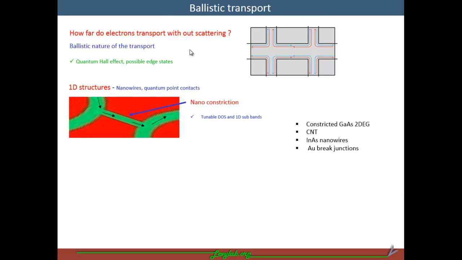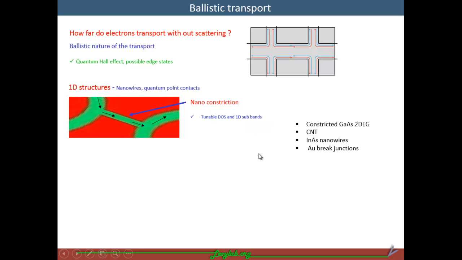So we are further interested in understanding the ballistic nature in these quasi one-dimensional structures. We believe this is very important to understand or realize some of the topological phases such as quantum Hall effect and edge states in these LAO/STO nanowire devices. To realize this ballistic transport, all we need is a nano constriction in the form of nanowires or quantum point contacts, where the density of states are tunable and